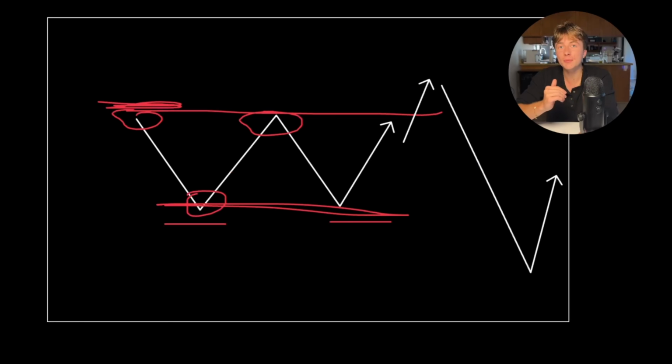And this is probably something that you've seen on YouTube all over the place, because I myself have seen a bunch of YouTubers making videos on internal and external liquidity. And while this can be very helpful, it's just an overcomplication of something that's really quite simple. I hope this analogy helps you understand liquidity very clearly. It's essentially just where people put their stop losses and the market takes them out so that new sellers or new buyers can enter the market and run after the group of people that is going to tag.